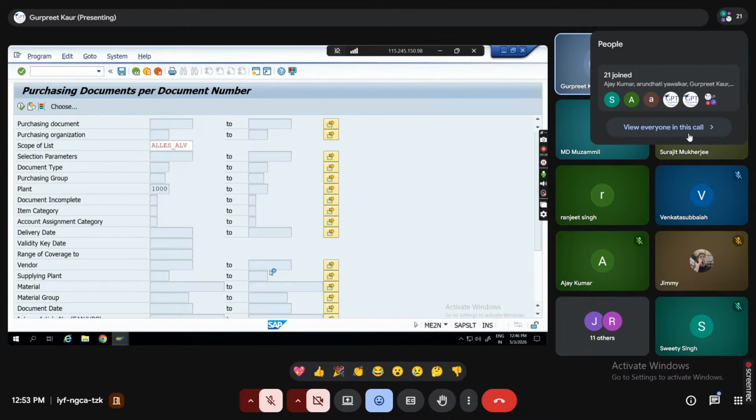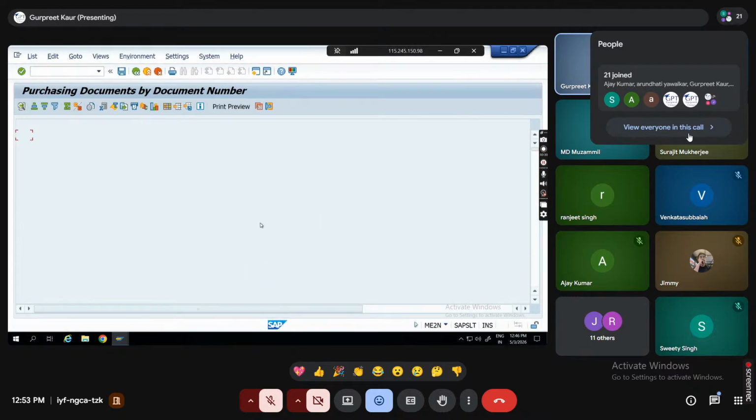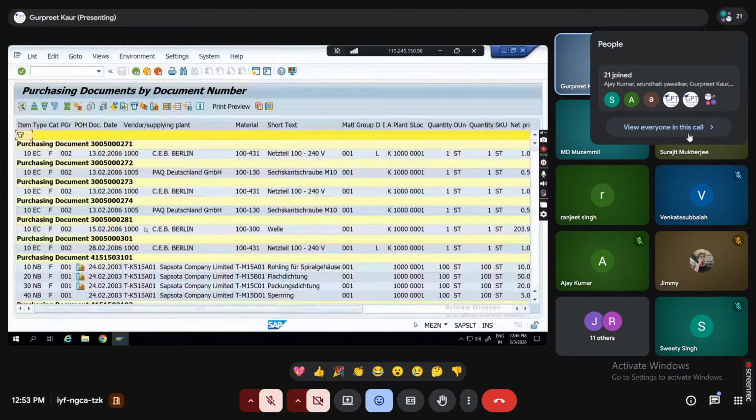Then they had to use the pivot or a VLOOKUP in Excel. Then they had to prepare the report for higher management, which would take at least 2 to 3, 4 days, or even a week for preparing a report.